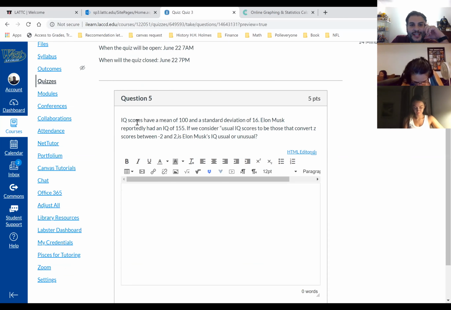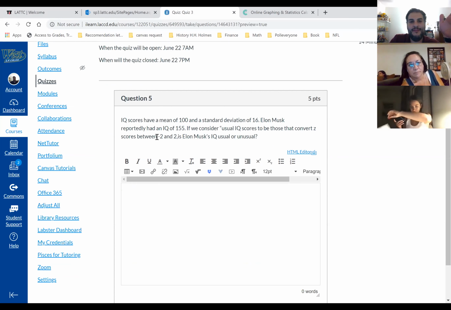All right, so for this one, say IQ scores have a mean of 100 and a standard deviation of 16. Elon Musk reportedly had an IQ of 155. If we consider usual IQ scores to be those with a z-score between -2 and 2, is Elon Musk's IQ usual or unusual? So this is telling you a